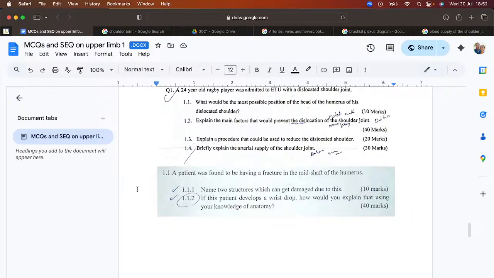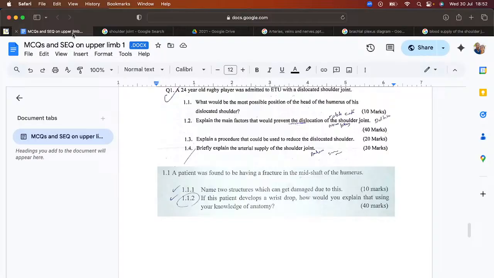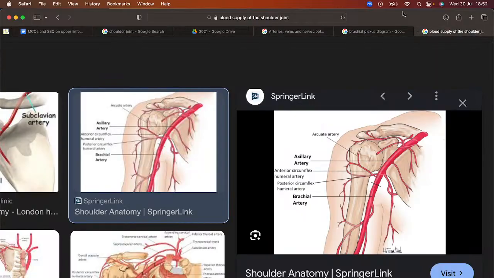Right, and then the last question for 30 marks, briefly explain the arterial supply of the shoulder joint. Now I have a diagram here. So again, this is asking about the axillary artery. Okay, this is said describe, briefly explain. So for this one, again, because this is something that you can describe easily with a diagram. I know it doesn't say describe, it says explain, but you can put down a diagram here as well for